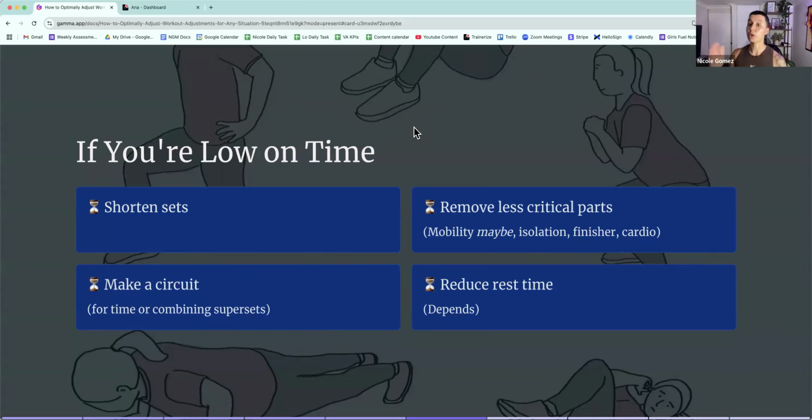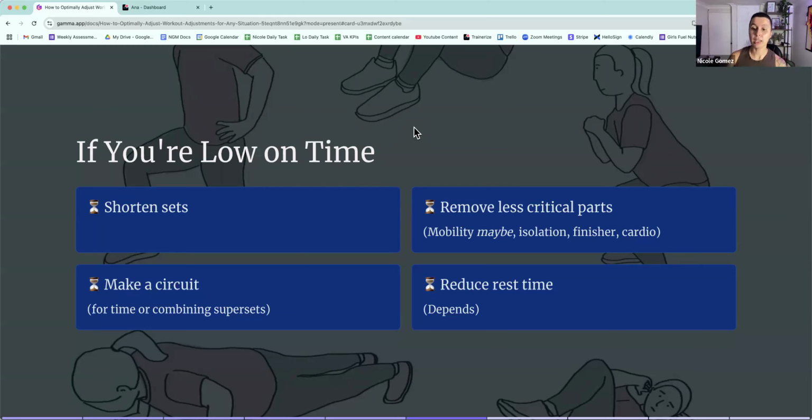You're going to be able to rest, because sometimes you're short on time. Doing 4 sets almost is going to feel like you're rushing through those 4 sets and you're not able to lift very heavy for those 4 sets. So if you just take one out, you're going to be able to lift heavy for the 3 sets because you'll have more time to rest in between. Right, so that's one way to go about it, and it could be very, very simple.